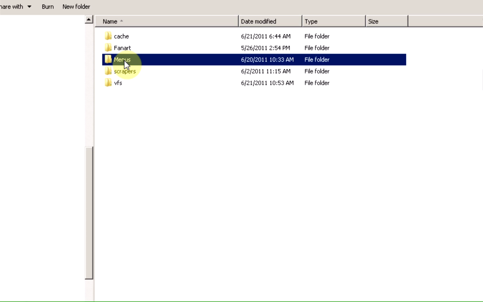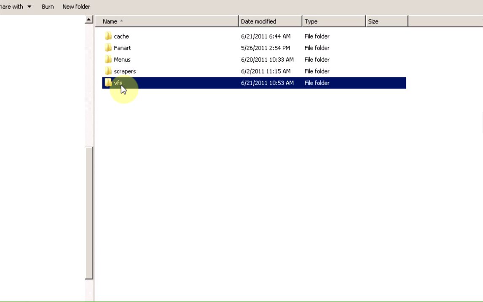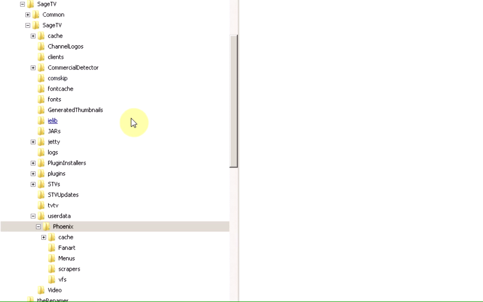This is where you're going to be storing your specific custom menus and views, VFS views, interchangeable terms. These are stored as little code fragments or widgets, so that when Phoenix releases new versions of the menu system, let's say, and they make changes to their VFS and the menus, your changes won't be affected. This stuff is always ingested later, and if you need to see the original VFS, if you go into STVs